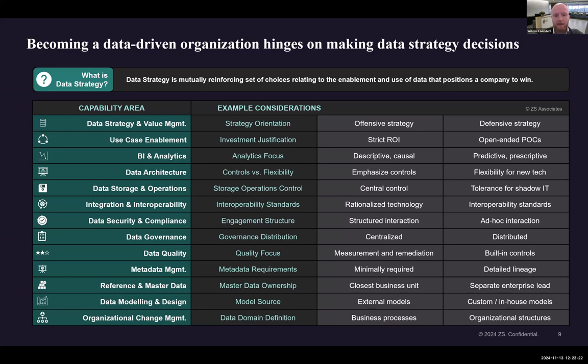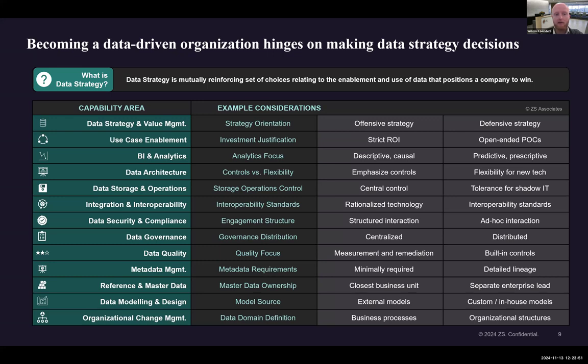There's something around the use case enablement here where you have a choice around how you are going to prioritize and drive the use cases. There are organizations out there, especially a little bit more mature ones that are maybe a little bit tight for capital, that have a very strict ROI framework. They may have a very set benchmark, like within 3 years a certain percentage needs to be earned back already, versus you're actually very openly considering proof of concepts in certain areas.